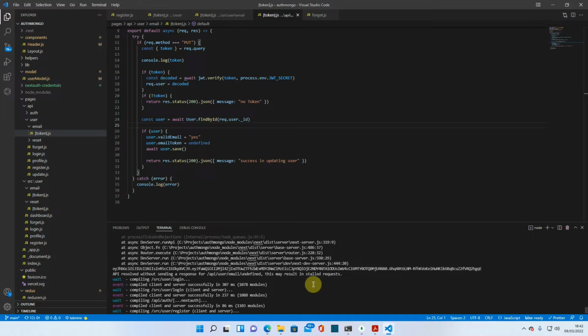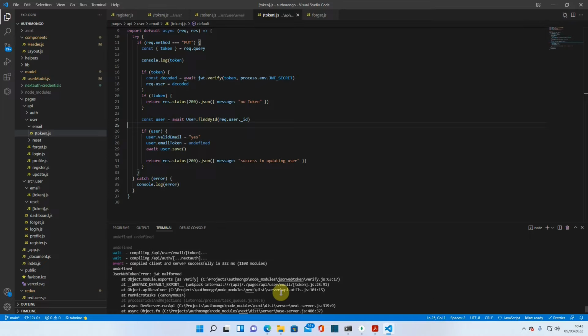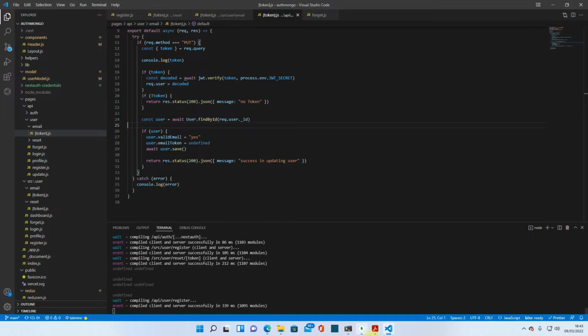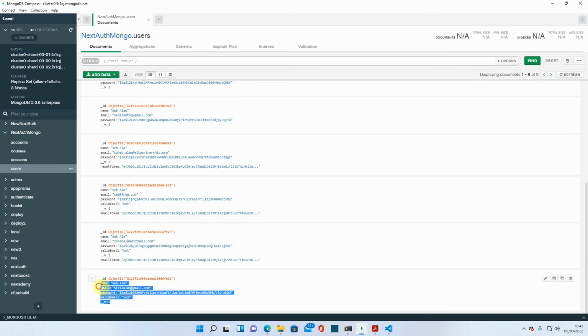I think it's because I've done it twice. That's why I got that error. But anyway, it has worked. So you can see we now have valid email. That's perfect. So hopefully